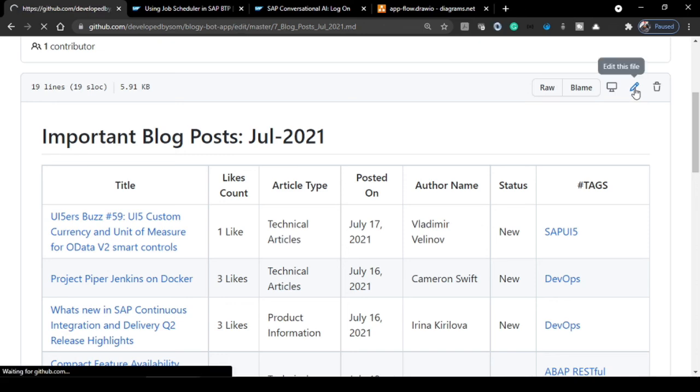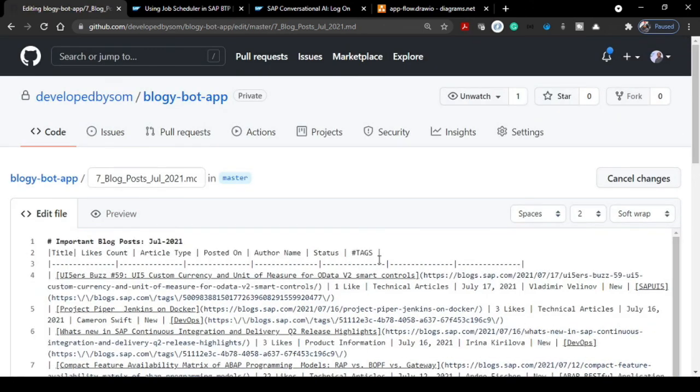So if you click on edit, you'll see how these things actually need to be generated. We need to add this thing first, followed by this, which will add the title, and then below this section, which will segregate the columns, and all fields will be added with these pipe characters as a separator.